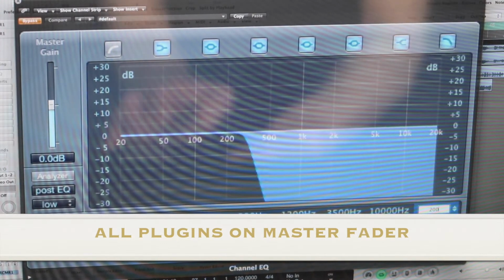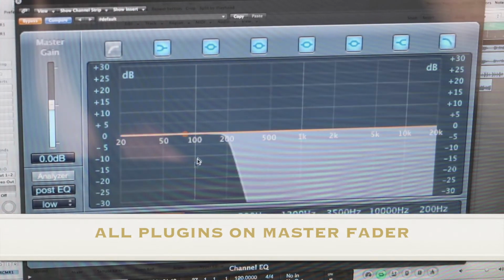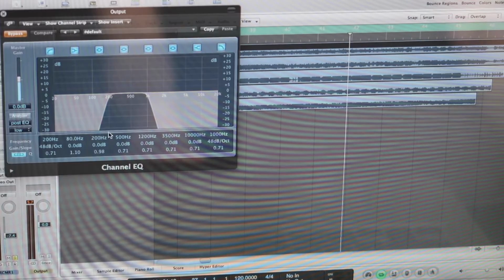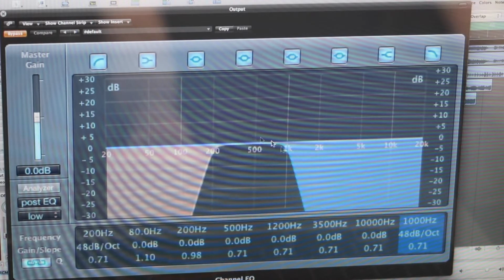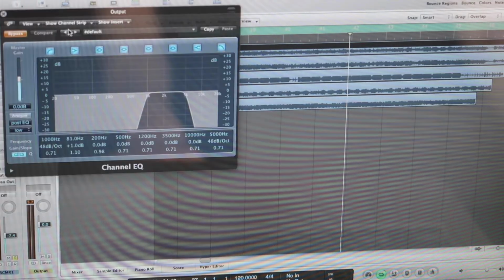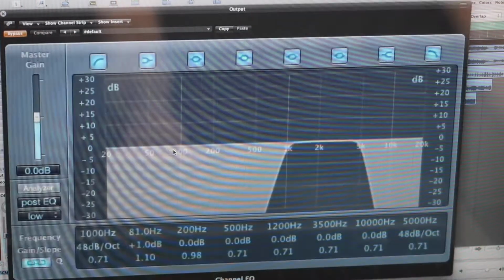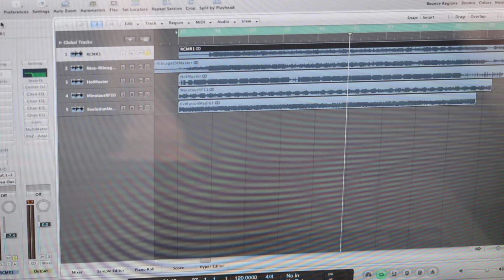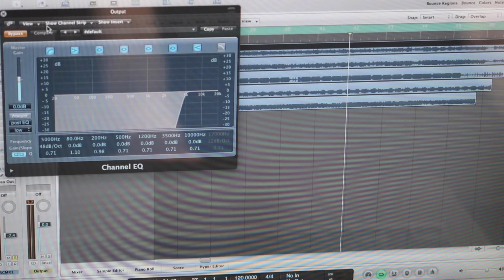I've got one here which is low pass EQ and the filter comes off at 200 Hertz. The next one shows me 200 to about 1K, and that's a high pass and low pass. Third EQ, 1K to 5K. These are just approximate bands, guys. As long as you're consistent between the songs, it doesn't really matter. But you can see what I'm going for is lows, low mids, high mids, and here's our highs here, 5K